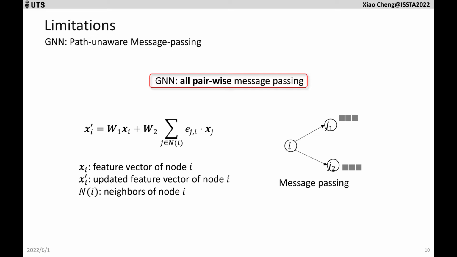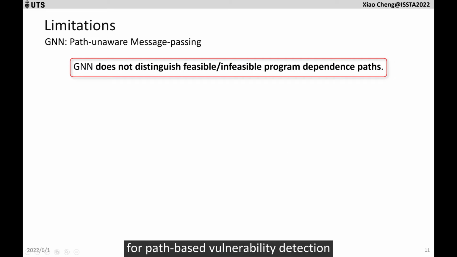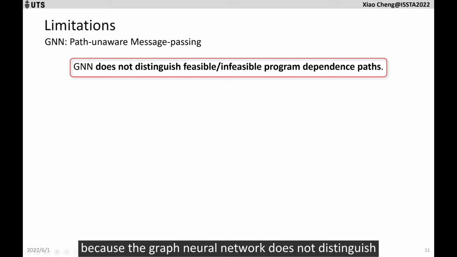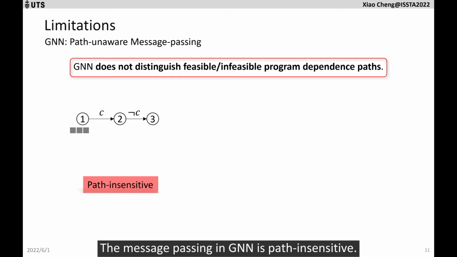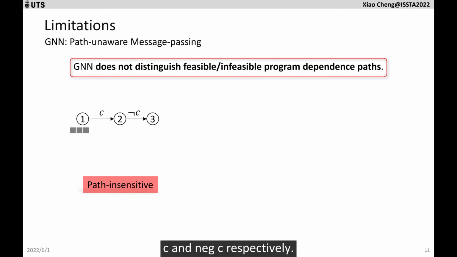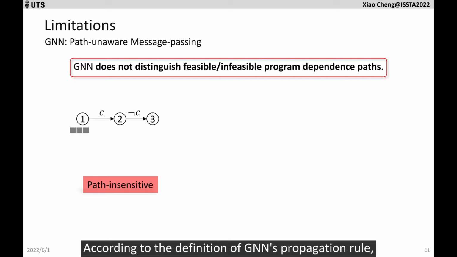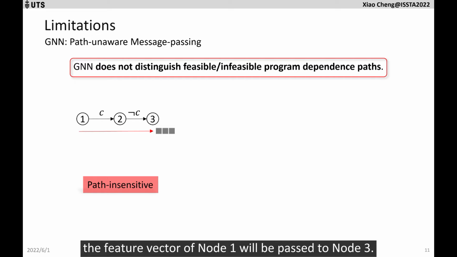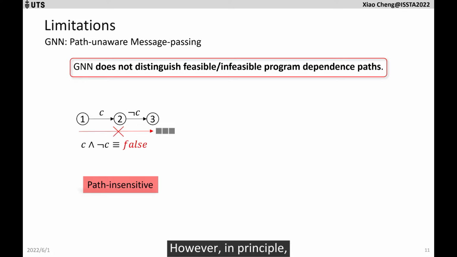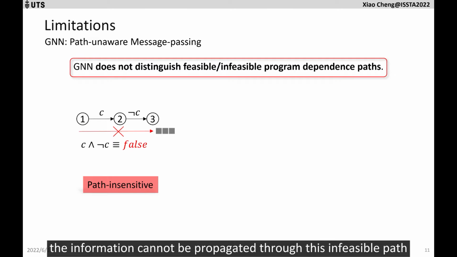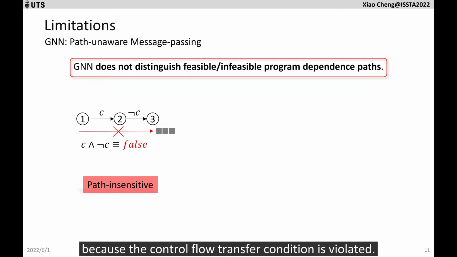their connected edges. A graph representation is insufficient for path-based vulnerability detection because the graph neural network does not distinguish feasible or infeasible program dependence paths. The message passing in GNN is path insensitive. For example, we have two edges, 1 to 2 and 2 to 3, labeled with contradictory transfer conditions, C and not C, respectively. According to the definition of GNN's propagation rule, the feature vector of node 1 will be passed to node 3. However, in principle, the information cannot be propagated through this infeasible path because the control flow